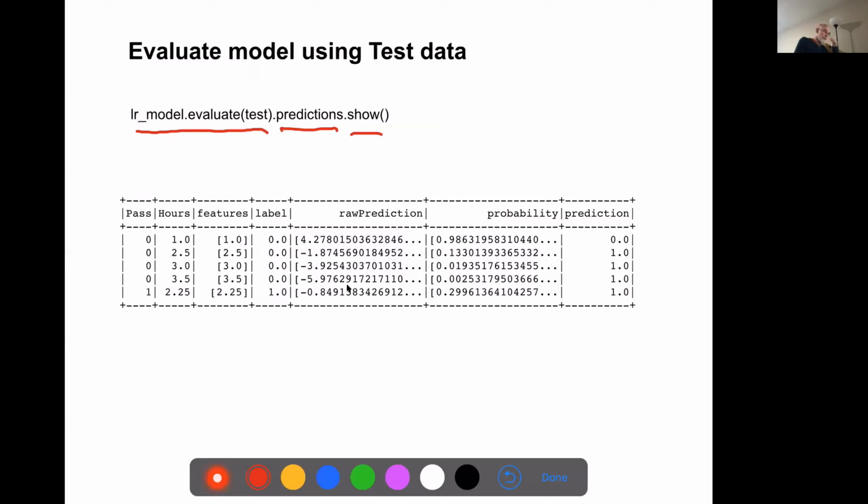And we get, first of all, the actual test data, the raw prediction numbers, and then we can look at the probability. Right, so there's a 98% probability that this is 0.